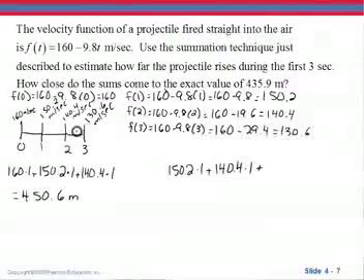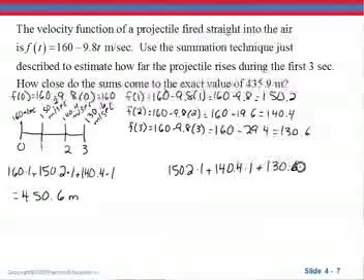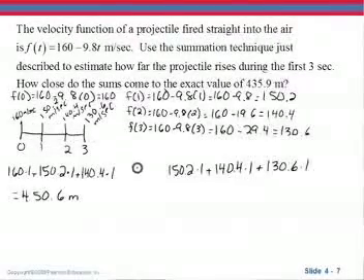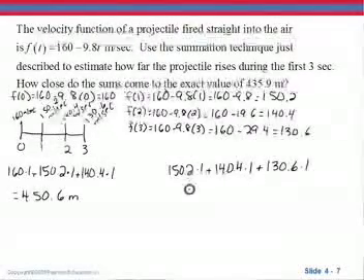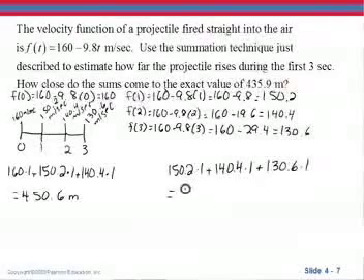And then for the third second I was going 130.6 meters per second. Now notice I'm doing times 1. These intervals are each a length of 1, but if I had made the intervals a length of a half of a second, or some other interval not 1, I would need to make sure that I was multiplying by that. Now multiply, add up, that will be